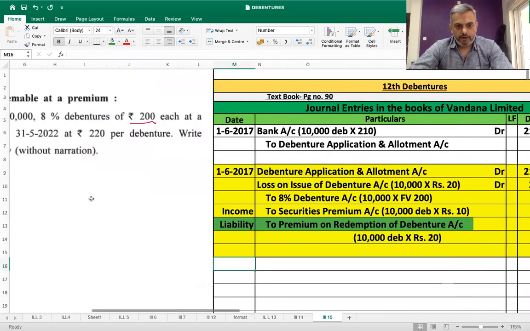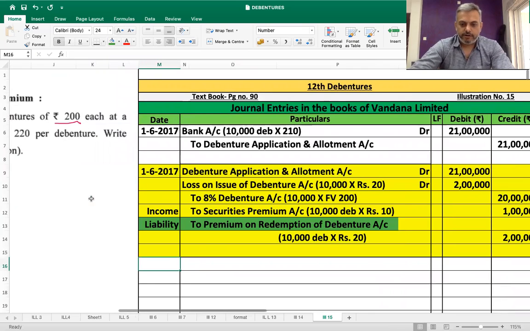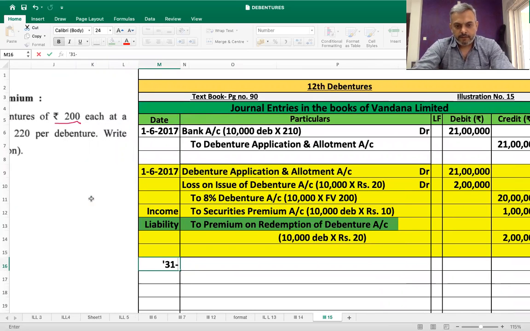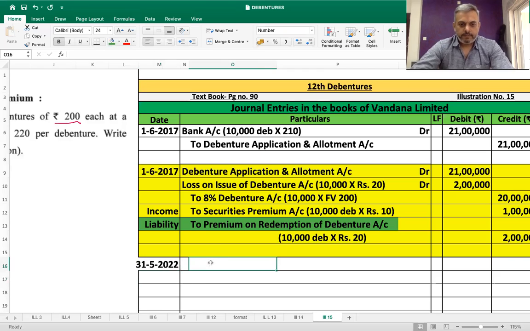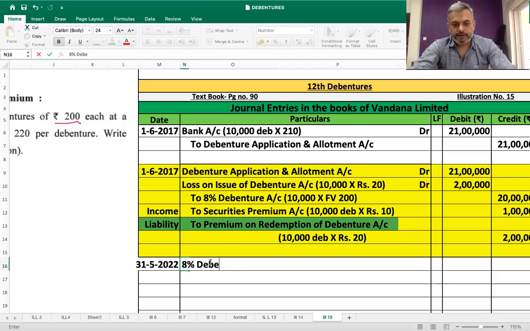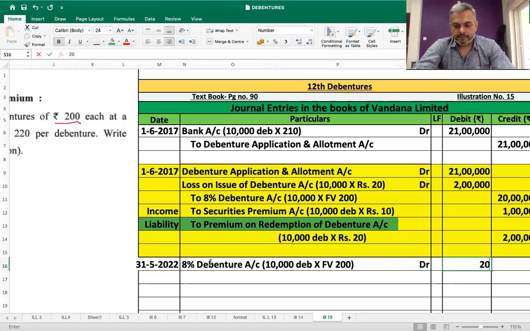Next, now on redemption after 5 years, on 31/5/2022, let's cancel the debentures. 8% debenture account, 10,000 debentures into face value 200, debit 20 lakh,